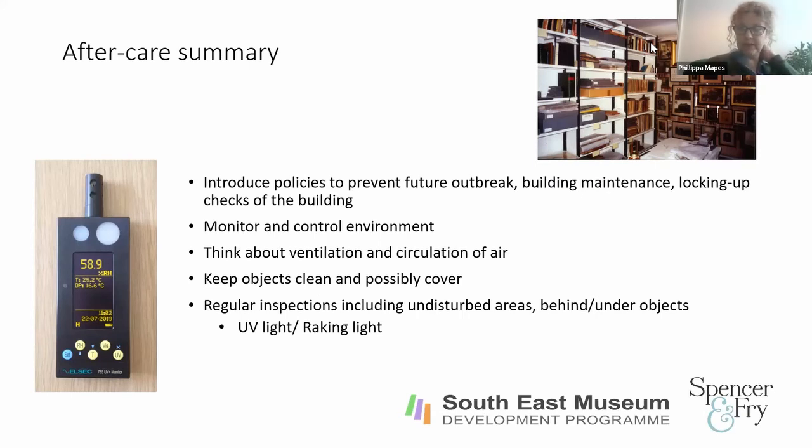So when you're locking up at night, it is a good idea to check around the building, but on a regular basis as a routine. Monitoring and controlling the environment so that you have a better understanding of what's going on in the various spaces, what areas may be suitable to future outbreaks for effective management of those spaces. Get to know your building, get to know what might be some weak spots, what might be areas that might be prone to future mould attacks, so you're fully understanding where you might need to target checking and target